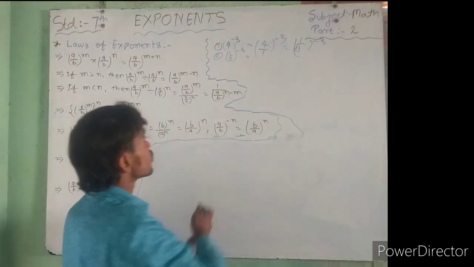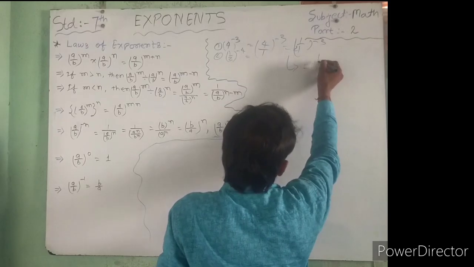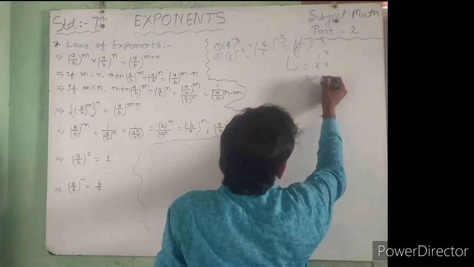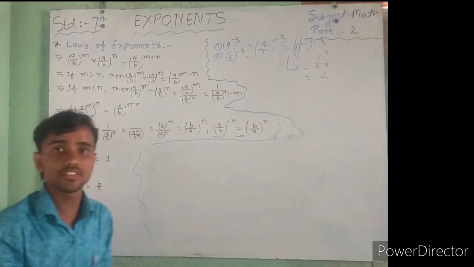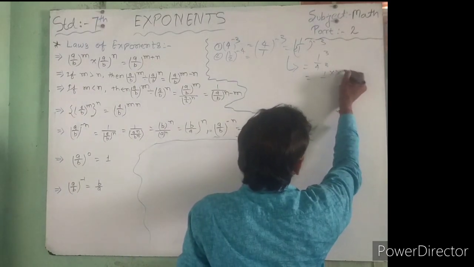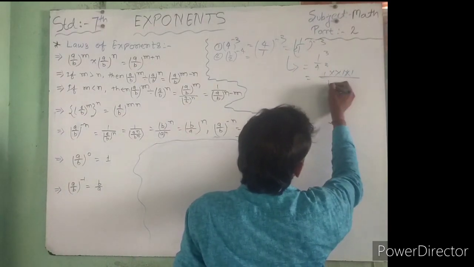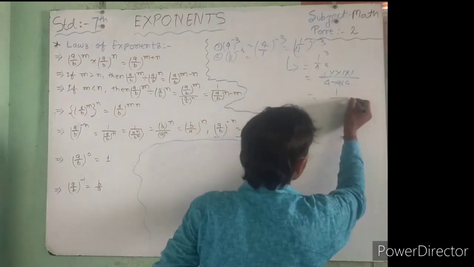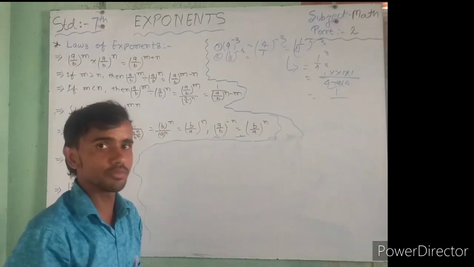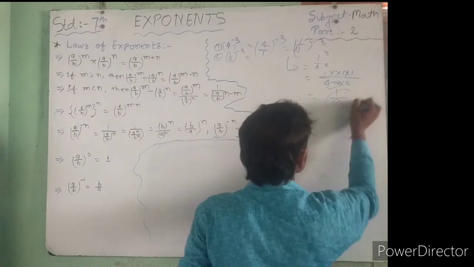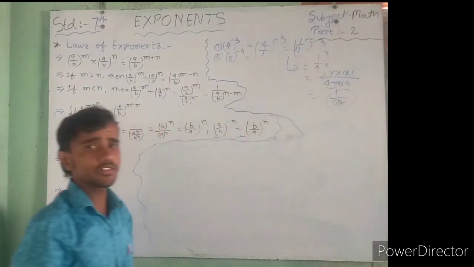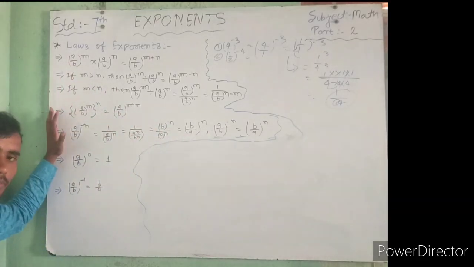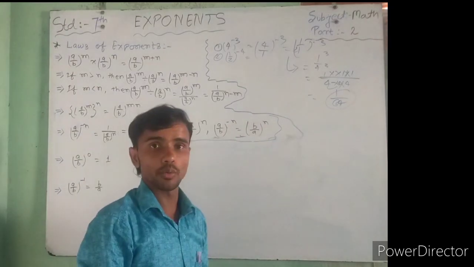Is that clear? Okay, next step, 1 power 3 and 4 power 3. So 1 multiply 1 multiply 1 is 1, and 4 4 is 16, 16 3 is 48, 16 4 is 64, and that's your answer, 64. So if any question comes in this format, firstly you convert it to the solution format.